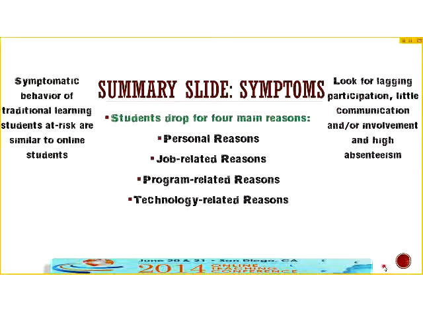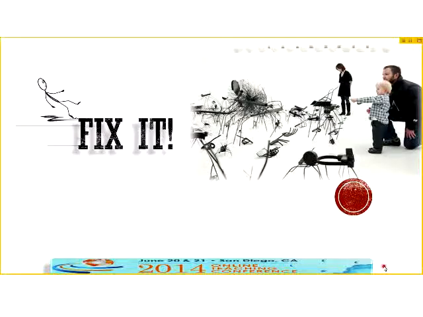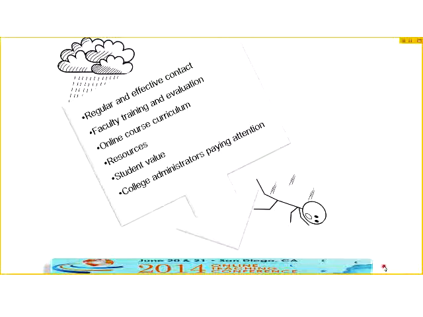Just to leave it there for a second. Technology. All these reasons are the 4 main categories, and we did talk about that. Now we've got to fix it. So what are we going to do? Regular and effective contact, coming down from the faculty, that's really important. Regular and effective contact. The rules say